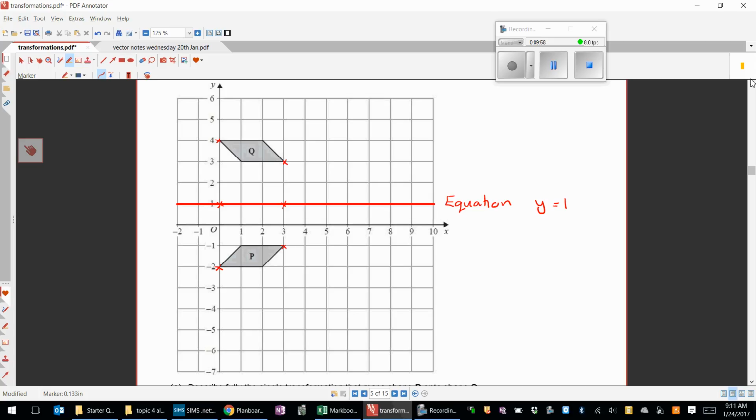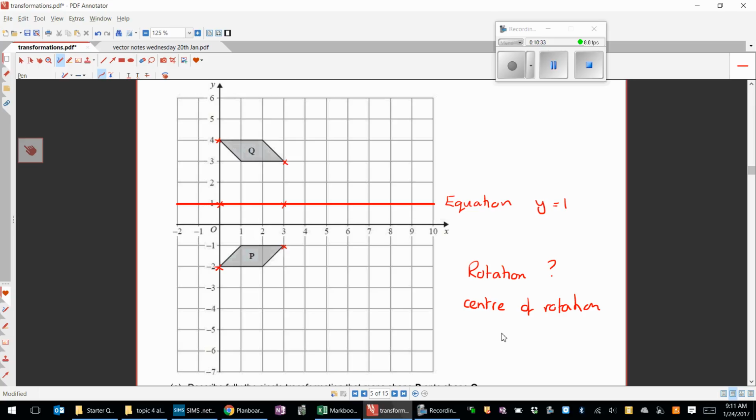Well, if we think it could be a rotation, what we've got to find is what we call the center of rotation. We've got to think, is it 90 degrees, is it 180 degrees, what direction as well. But what we've got to find first is the center, which is the point at which I put my pencil